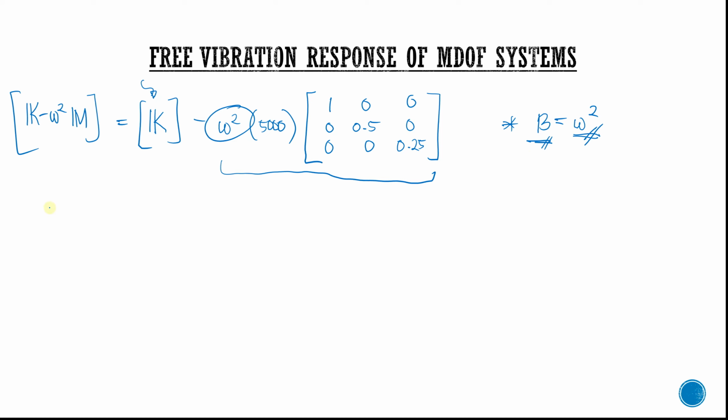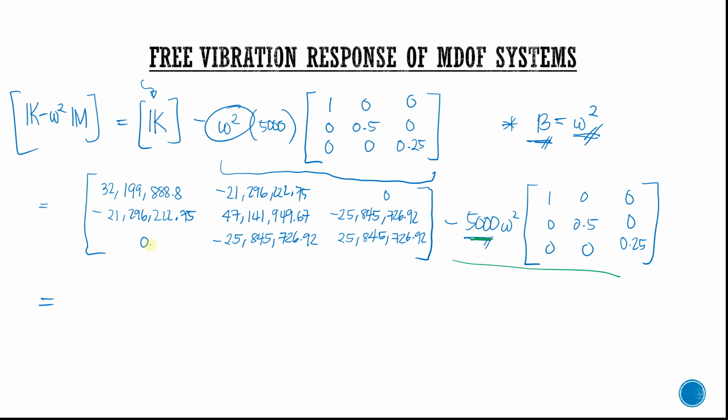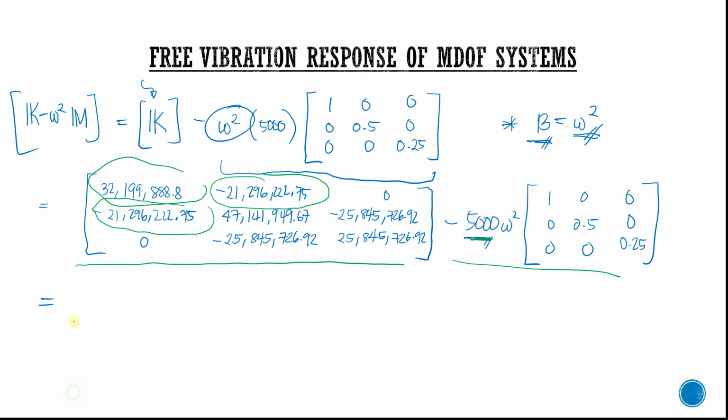Now, again, let me rewrite the stiffness matrix. We have this stiffness matrix, and then we have the minus 5,000 omega squared as the mass matrix, 100, 0.50, and then 0.25. Now, there is a 5,000 there. We can divide that 5,000 to the whole equation. You divide the 5,000 on this part and as well on this side. So everything here can be divided by the 5,000. If we divide the 5,000 to the whole equation, our stiffness matrix will become this one,